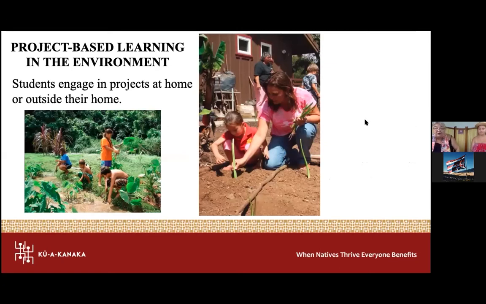As I mentioned, food production, this is an awesome time now to engage your students in projects at home or outside of the home, whether that's their front yard or their backyard or the park down the street or the ocean that they go and surf at. In some ways, learn from that environment, monitor, go kilo and observe that environment. Look what the waves are doing from day to day, or look what the plants are doing from day to day, and really get used to knowing what's around you.